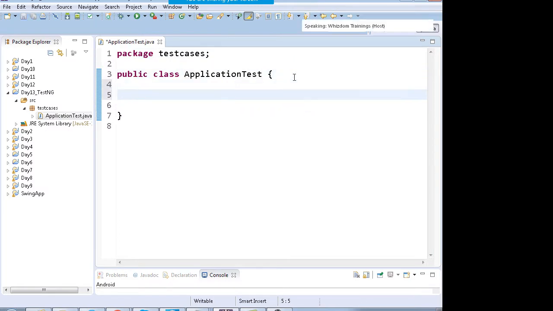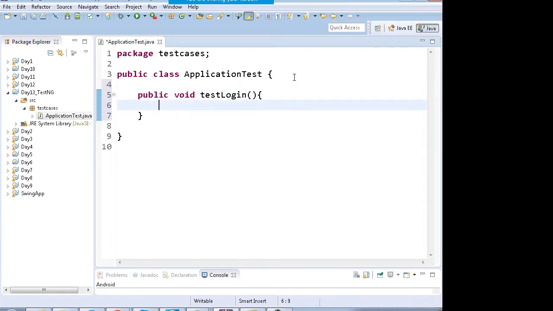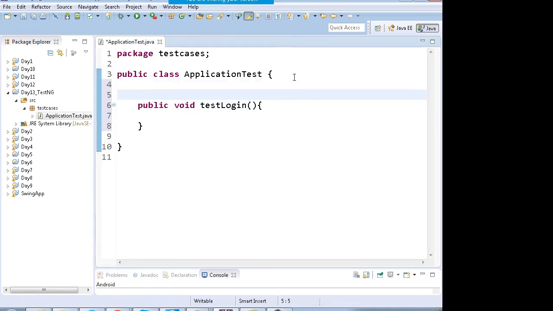Inside it I can keep test cases, for example, public void testLogin. So in TestNG you don't have any main function. Like in a generic Java file we have a main function, but in TestNG we don't have any main function. We have annotations like @Test.